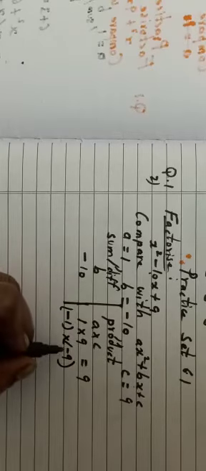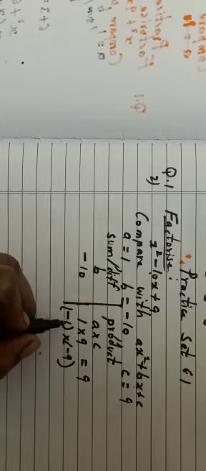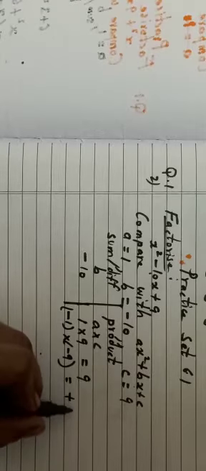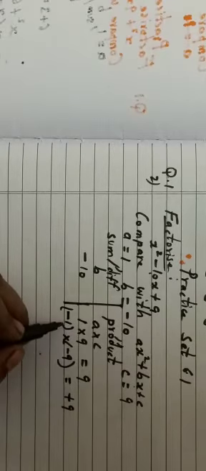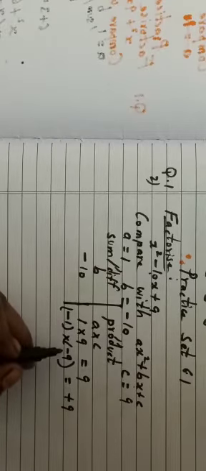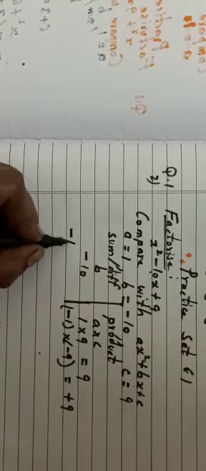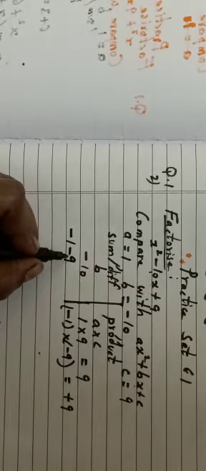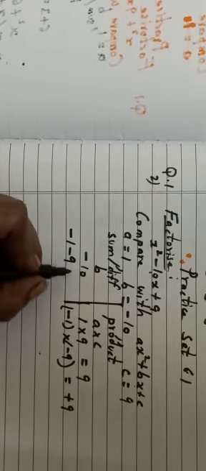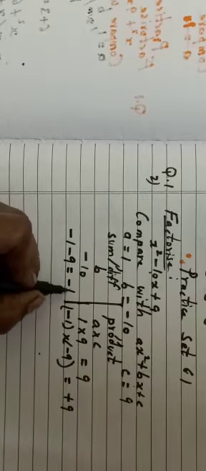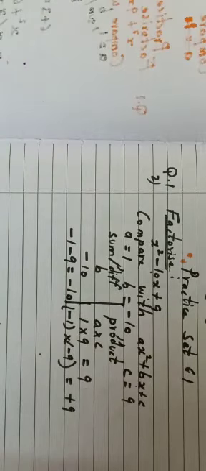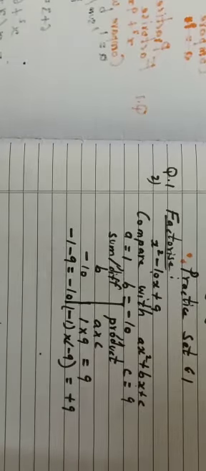Now these rules you should know, minus into minus is plus. So this will give me plus 9. So instead of 1 into 9, I need to take both negative numbers. Minus 1 minus 9 is the same sign, add and put the same sign. If you know the basics like this, then only you will be able to solve this exercise. Otherwise, you cannot solve this exercise without knowing the basics. Basics means integers, addition and subtraction, multiplication. So this point you should know.